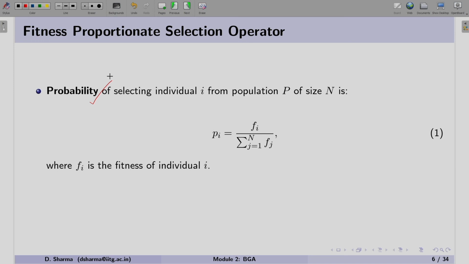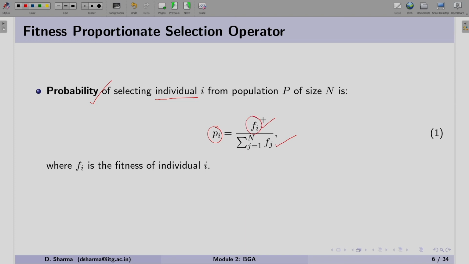Now the probability of a solution, and sometimes we also call it an individual. The probability of a solution we calculate with the help of the fitness value. So Fi here represents the fitness of the solution, and this fitness is divided by the summation of fitness of all the solutions in the population. So in this formula, you can realize that the value of Pi depends on the value of the fitness of a solution.